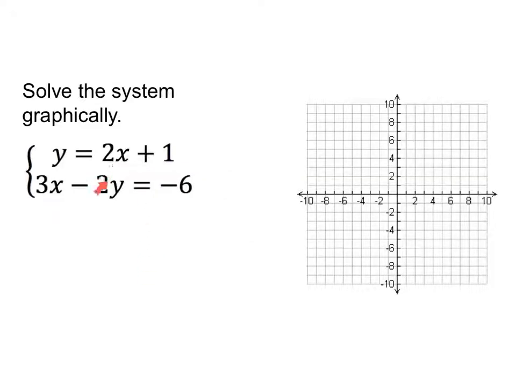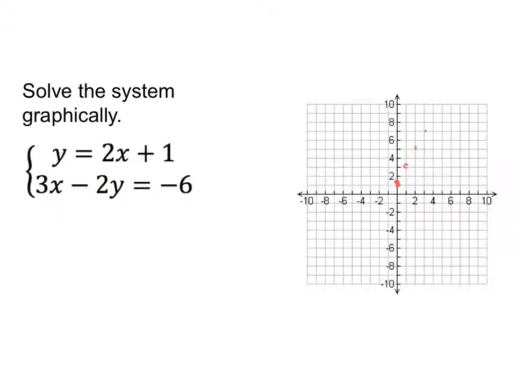First thing we talked about was solving systems graphically, and that is by finding the point of intersection of these two lines. So I'm going to graph this line real quick by going up one and putting a dot, and then from that dot I'm going to use the fact that the slope is 2 and go up 2 over 1. And I could keep doing that, up 2 over 1, up 2 over 1,